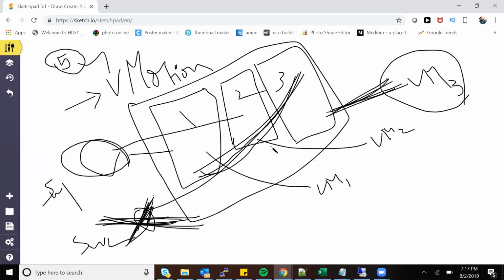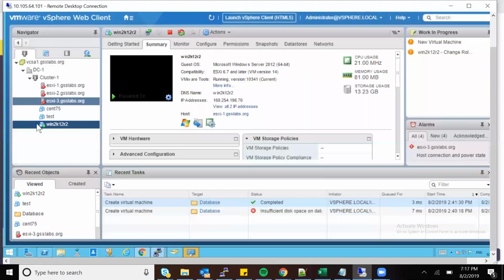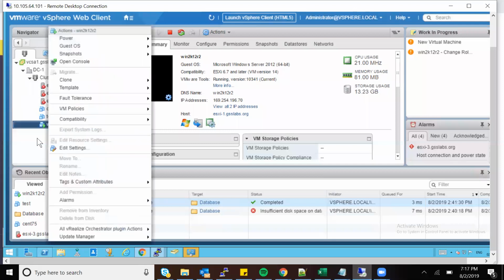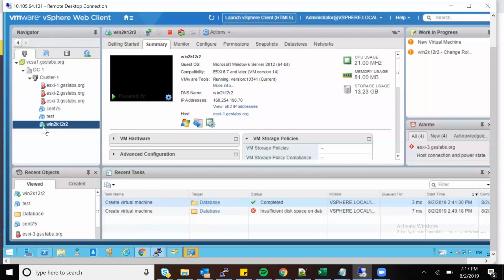Great. Okay. So yeah, the vMotion, right? It just lets you move VMs from one host to another host. There are two types of vMotion. One is called cold, another one is called hot. Hot vMotion, what we just tried here, is when the VM is running. If you see this green mark, it means it's running.